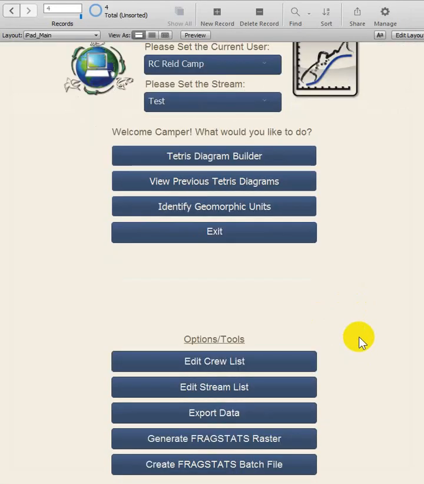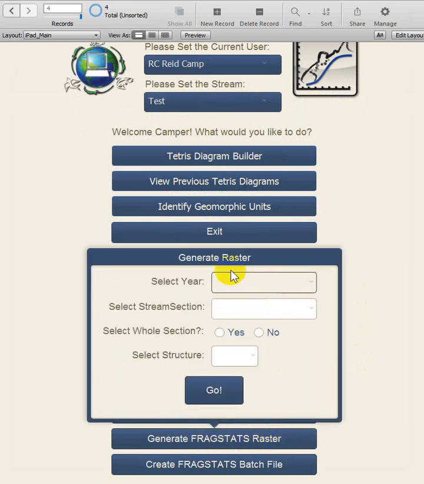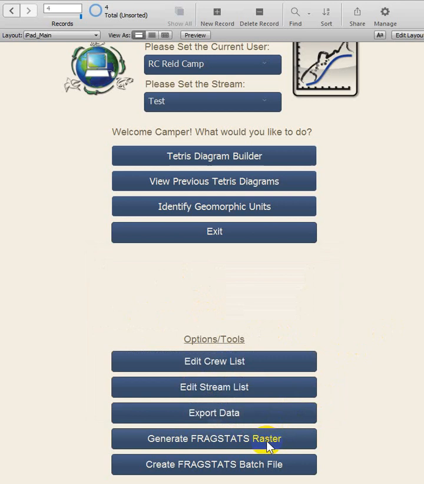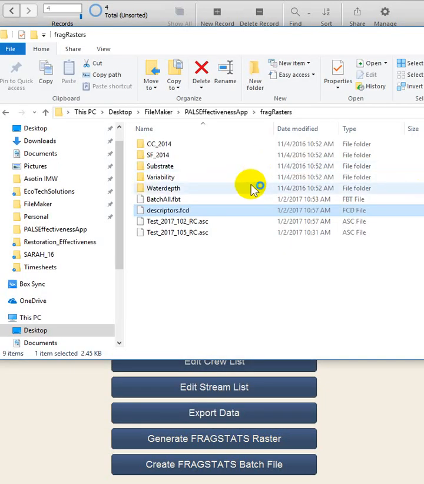And then down here there's also generate frag stats raster. So if you run that, as you get more data, these drop downs will become more important, but you get to select the year of diagrams you want to turn into rasters, the stream, and if you hit yes for the whole section, it's going to do all diagrams that were created on the stream test in the year 2017. If you hit no, you can select individual diagrams that you've created. Let me show you what one of those looks like if you hit go after selecting all that. It pumps out